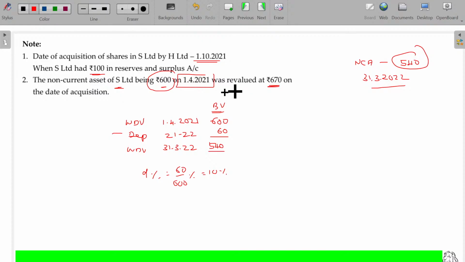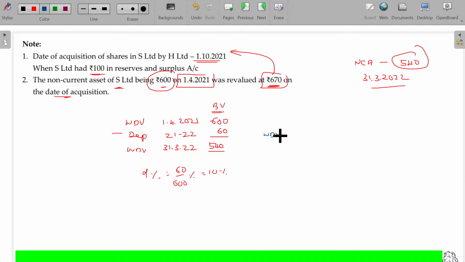It was revalued at 670 on the date of acquisition. This 670 is the revaluation when it happened, as on the date of acquisition, 1/10/21. Now we need to find out the value of this particular non-current asset as on the date of acquisition. We have been given the value of the asset as on 1/4/2021 and as on 31st March 2022, not as on the date of acquisition. Now we can calculate the value of the asset as on the date of acquisition based on the rate of depreciation. See here,